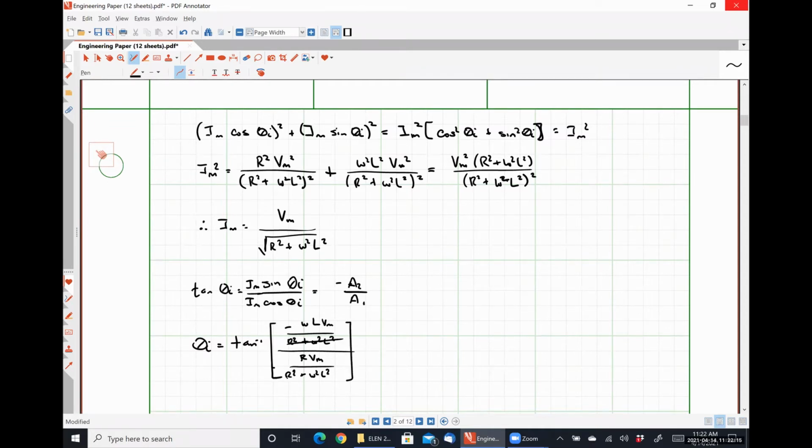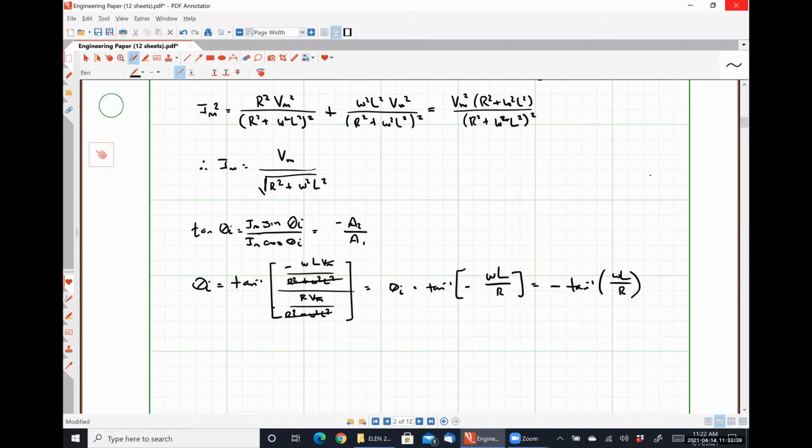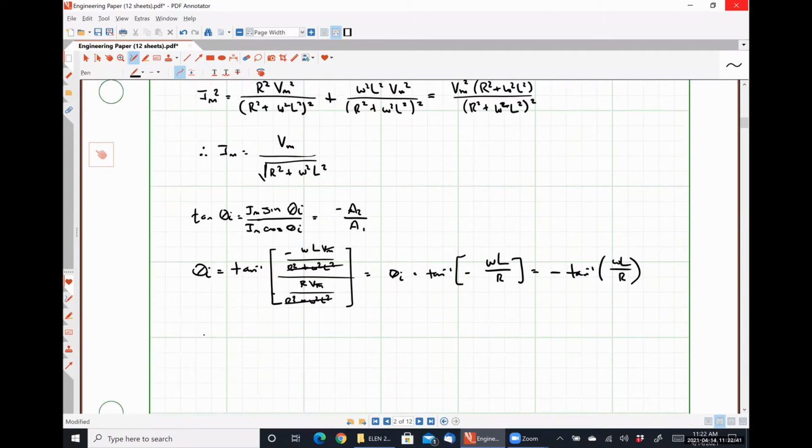These denominators cancel each other out. The VMs cancel each other out. And so we get theta I is equal to the inverse tangent of negative omega L over R, which is the same as negative inverse tangent of omega L over R. And putting all of this together,